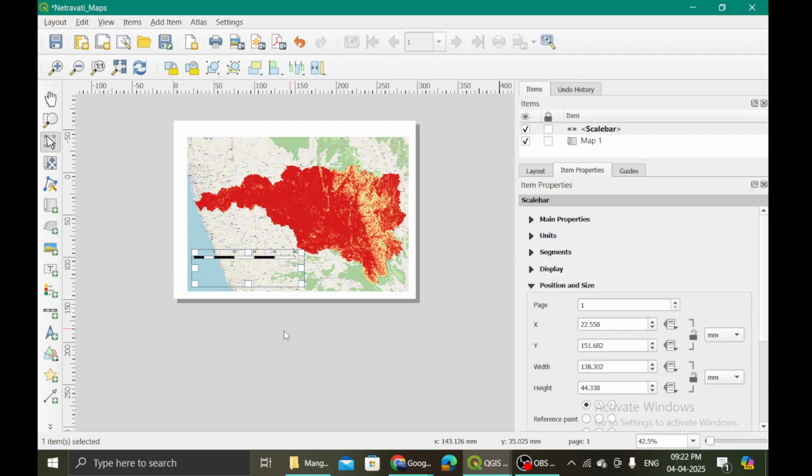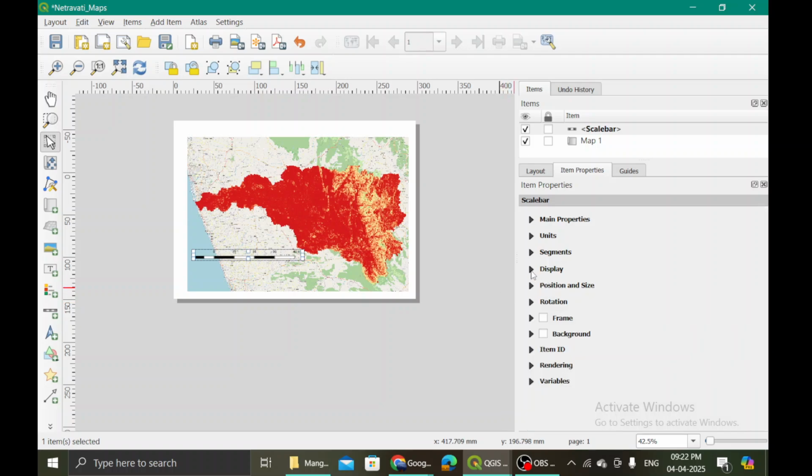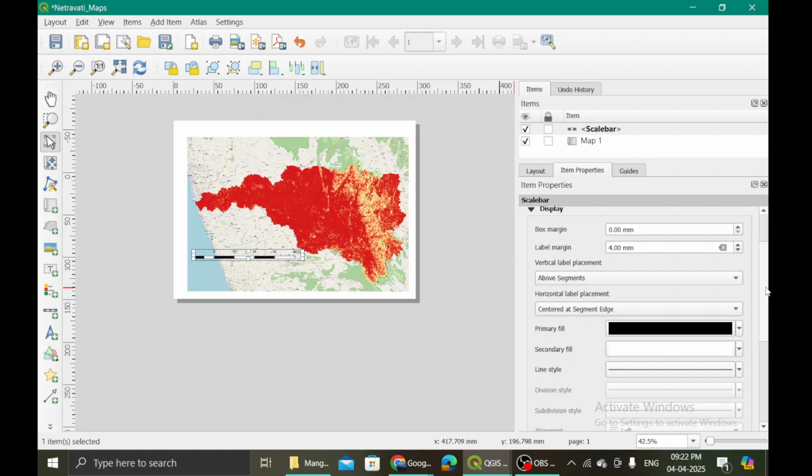Then moving on to position and size. So you will see this, it's a huge rectangle, wherein much of it is blank, right? So what we have to do, we have to adjust this height. You can keep reducing it, keep reducing it, keep reducing it, such that we reach a width that is good for us. Okay, and then within display, do we have font?